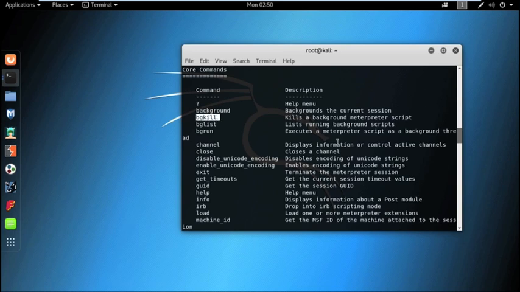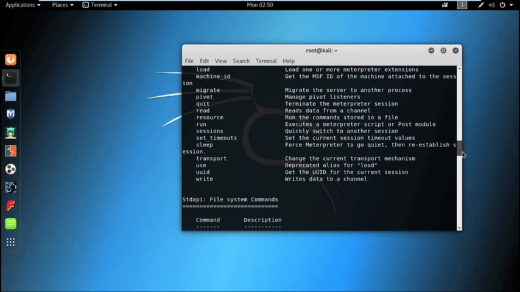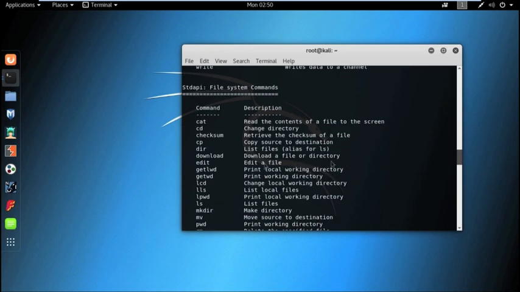bgkill kills a background Meterpreter script. Similarly, there are also some other commands like download, to download a file or directory from the victim machine. Then we can also use mkdir to make a directory on the victim machine.